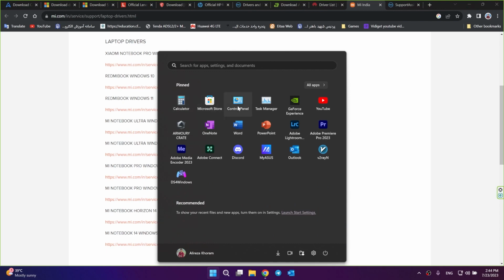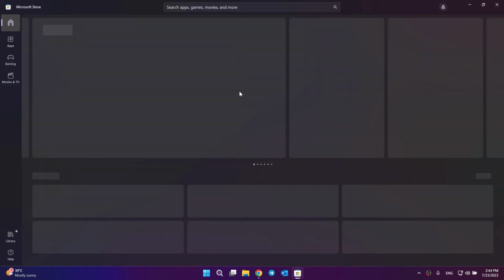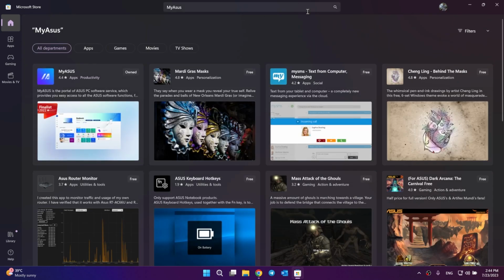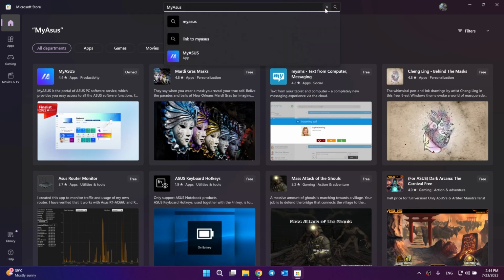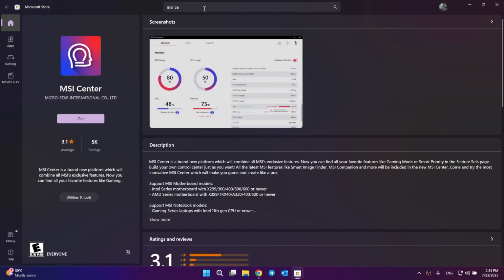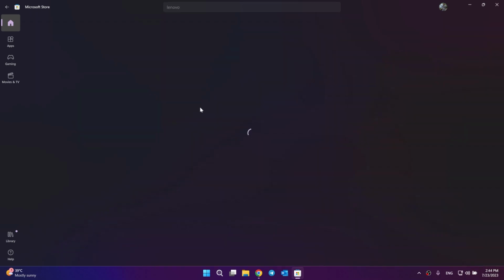Some manufacturers also offer some applications which you can download from Microsoft Store or directly from their website. As an example, we have MyAsus for Asus devices which you can download drivers from. We have MSI Center again, which you can control your device with. We have Lenovo Vantage available here,